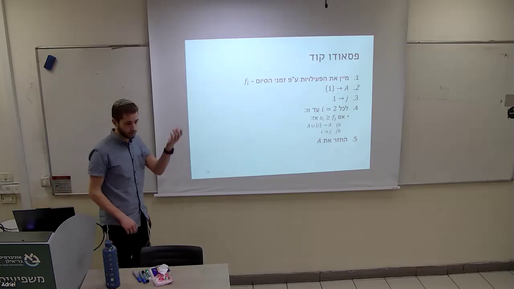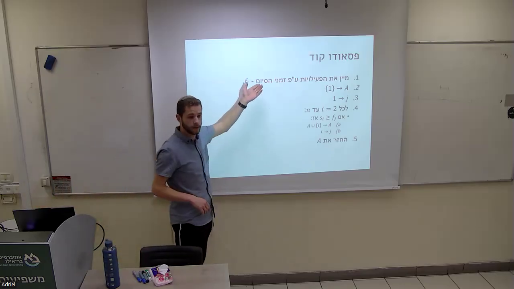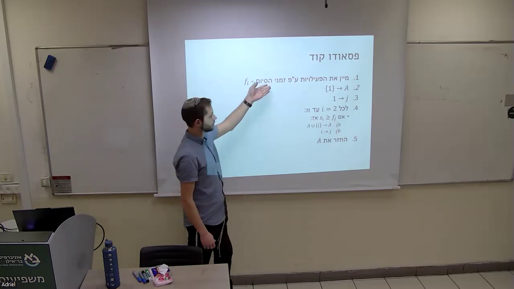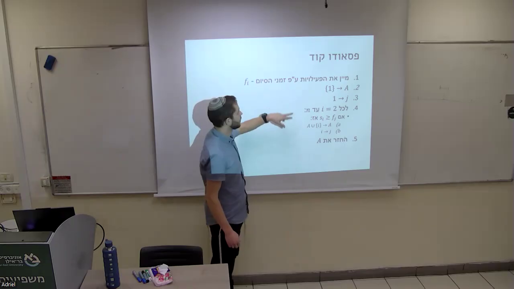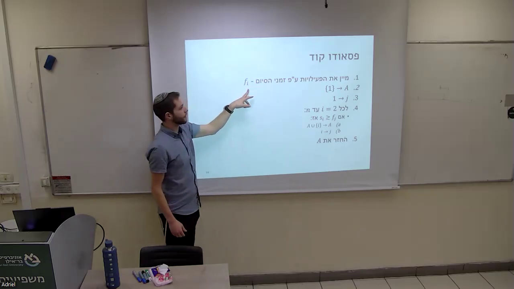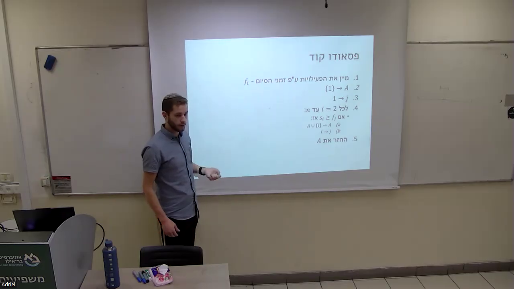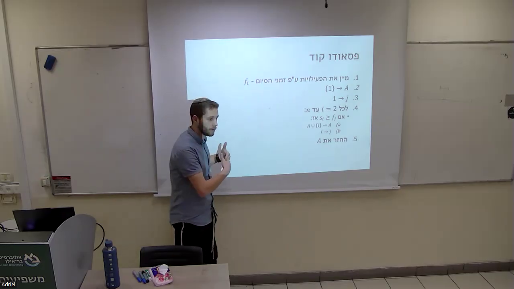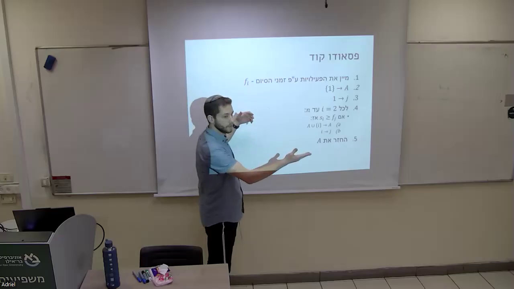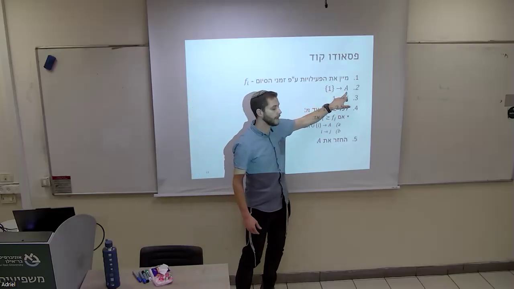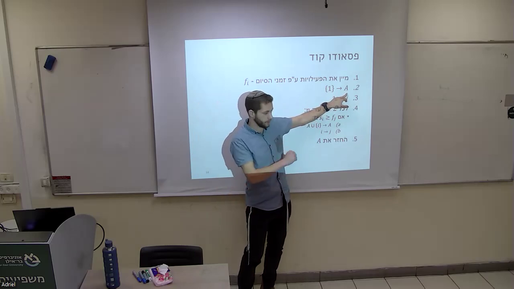So this is our pseudocode. We said earlier, once you have the greedy algorithm, it's very easy to implement. It's like 5 lines of pseudocode. First, we're going to order the activities by their end time, because we want the earliest end time to the latest end time. Then we're going to take the first one in that order and add it to A. That's our first greedy choice.